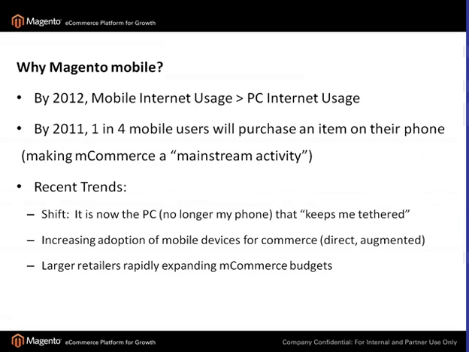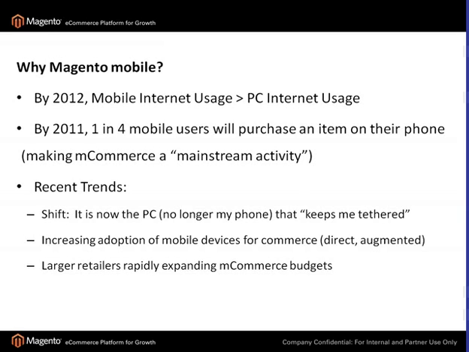By 2012, mobile internet usage will exceed PC internet usage, and some analysts are even moving that to 2011. Some indicators show that it'll be surpassed in 2010. Mobile is growing so fast, and users are engaging with the internet with these devices, and in a very short time, that market will be bigger than the PC internet users. We think that's significant because